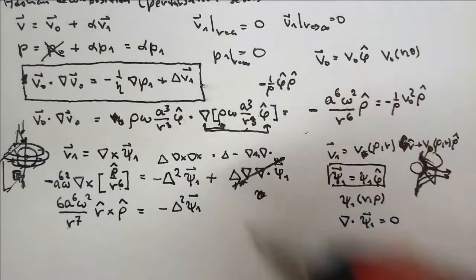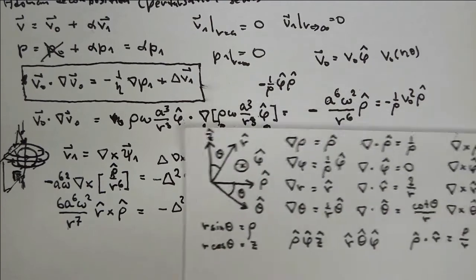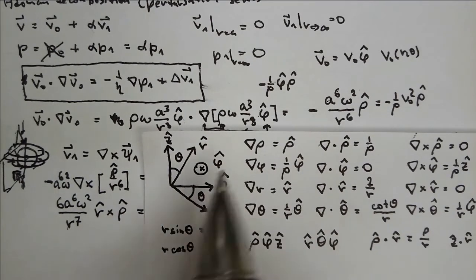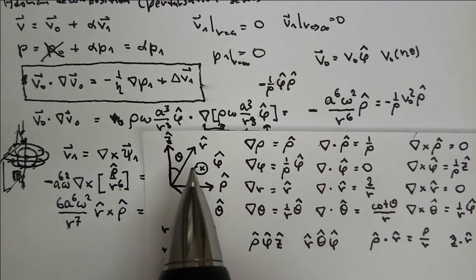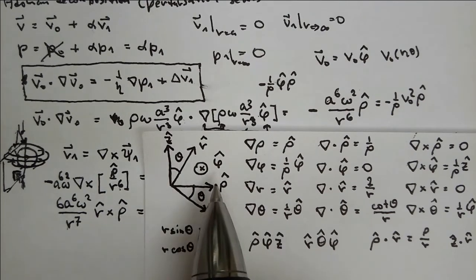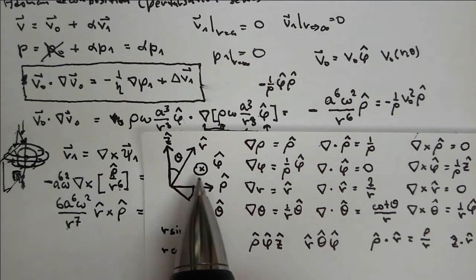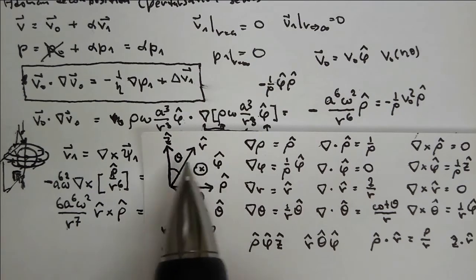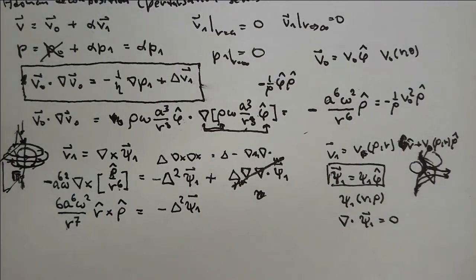If you remember that these vectors lie in the same plane, so the result will be phi vector multiplication with the phi hat vector, and this is going to be the sine of the angle. And if we use the right hand rule, this is going to be in the direction of phi, and the sine of this angle is the cosine of this angle. So sine of pi over 2 minus theta is cosine of theta, and cosine of theta is z over r. So this is going to be